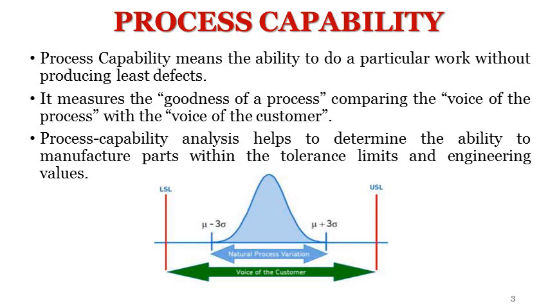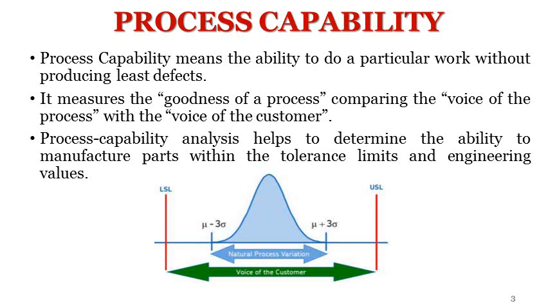know is process capability. Process capability means the ability to do a particular work while producing the fewest defects. As we know, if you are going to purchase something, consider the case of a pen. There is a chance of many defects. A defect can be in the cap, in the refill, or in the sticker, whatever it may be. Defects on the cap, defects on the body, defects on the sticker, all these are called defects.